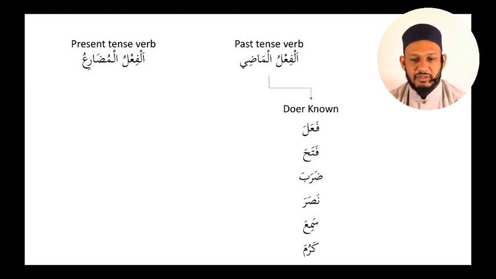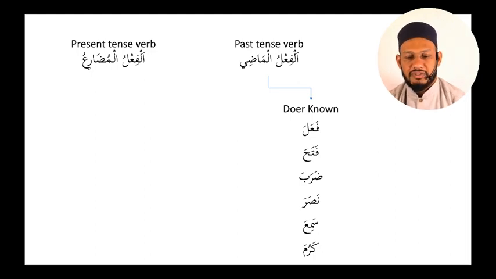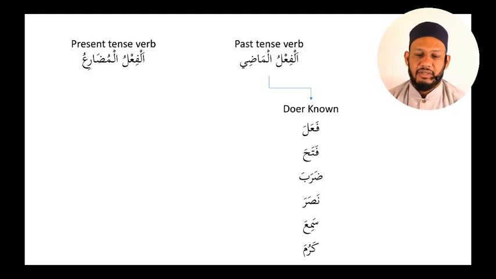So that's the first scale that we did. So for practice, inshallah, let's just say these six scales quickly. We're going to say these six scales all together. So fa'ala, bismillah. Fa'ala, fa'alu. Fa'alat, fa'alna. Fa'alta, fa'altum. Fa'alti, fa'altunna. Fa'altu, fa'alna. Fataha, fataha. Fatahu.